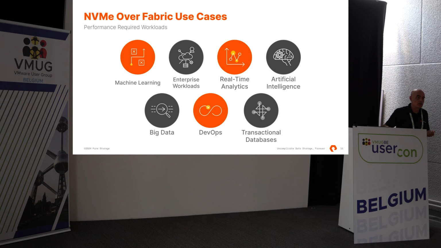Use cases. In practice, there is not a specific use case. I would say that in the vast majority of the cases I've seen, database optimization is the most widely used case nowadays. But everything benefits from NVMe over Fabrics, specifically machine learning and AI applications, which can get the maximum throughput. The same goes for analytics. Everything that has to deal with large data that requires high throughput and low latency benefits from NVMe over Fabrics.